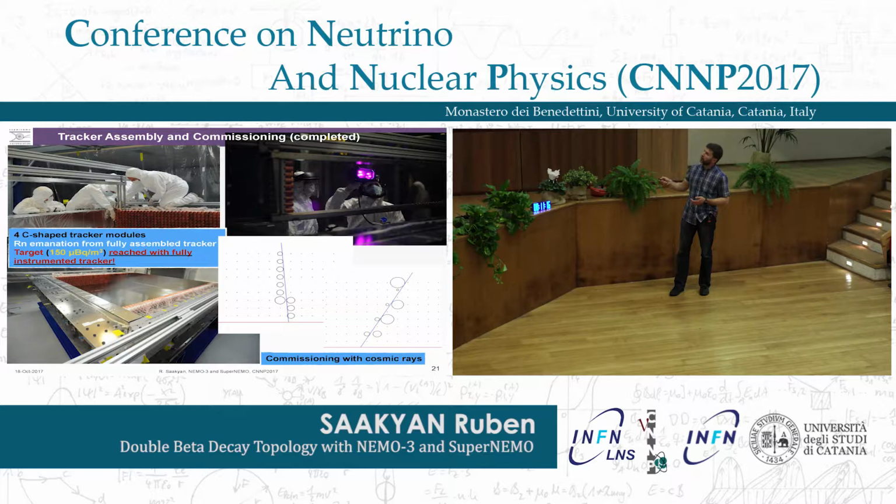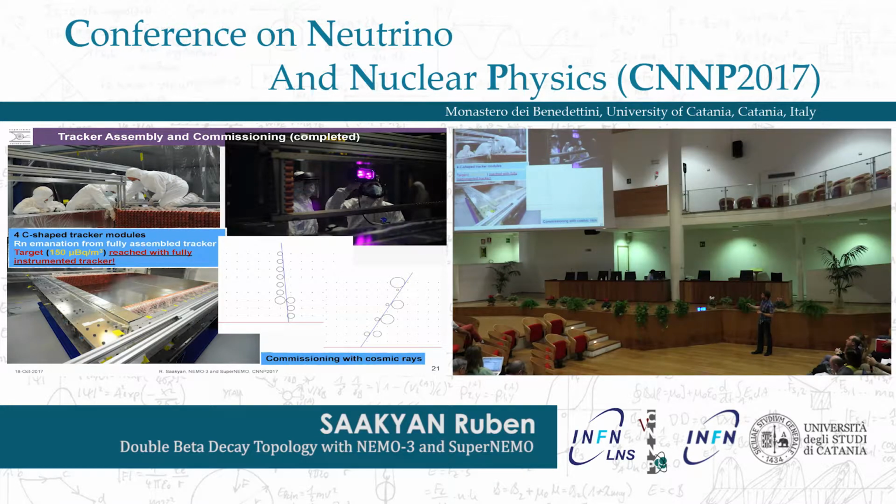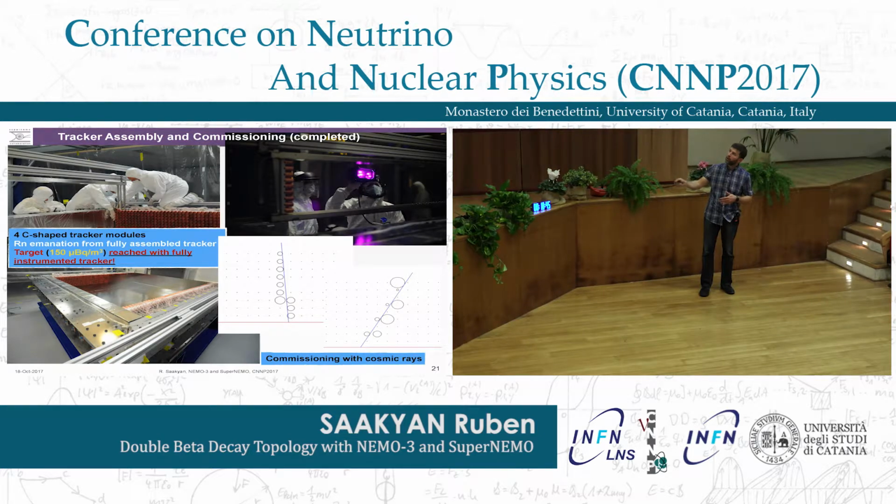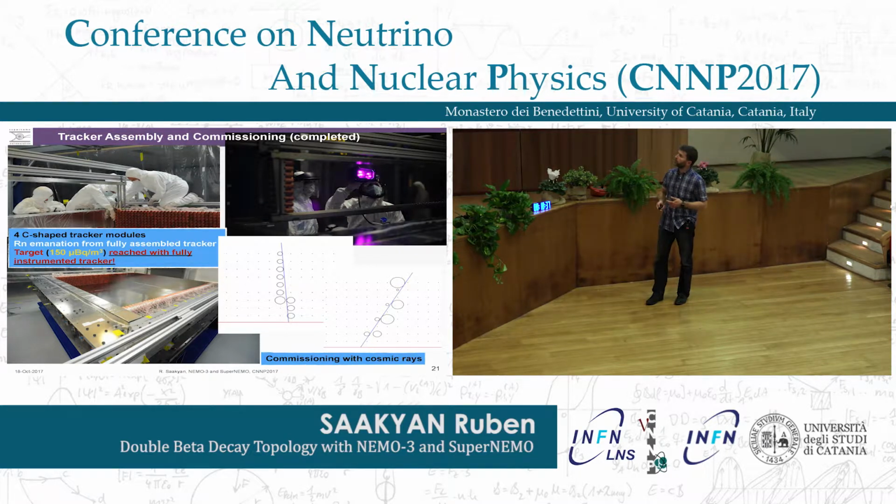And then we run at sea level. We run cosmic rays to commission and make sure that it's all working, the resolutions are there, and the electronic performance is as expected. The very important point I wanted to emphasize is that we use the radon concentration line to measure the radon content, actually still at sea level before we go underground, of a fully instrumented tracker with everything inside it, to see that we actually reach the target of 150 microbecquerel per cubic meter with a reasonable flow rate of fresh gas through the detector.